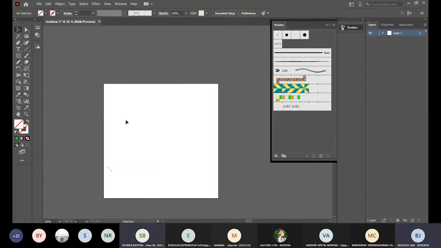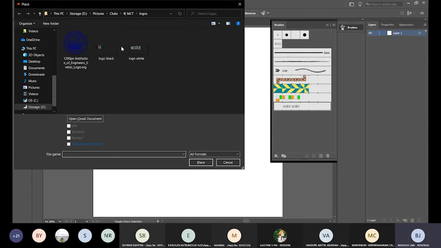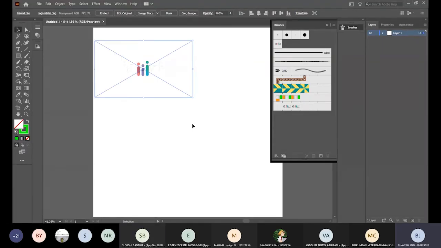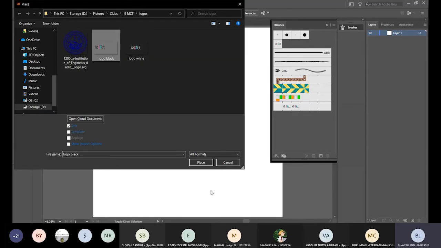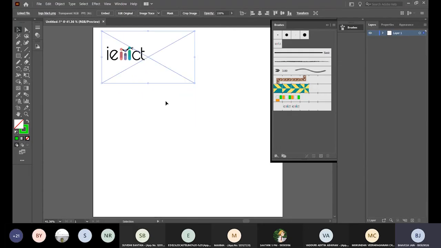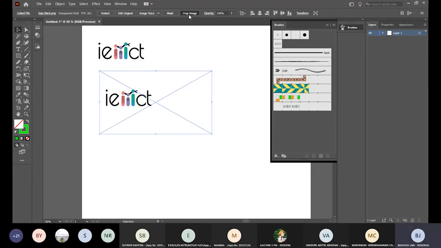So one last thing, like if we have that IECMT logo and we just want the M out of it, can we just select that portion out of it and then make it into a brush, or like the whole picture goes together? We can do that as well. So I will re-import the image to show it to you guys. Oh, I imported the wrong logo. I'm so sorry. White. You guys won't be able to see the white logo. Okay. So you want only a section of this image. And assuming you want to keep the image also in the document, I just make a copy of it and I crop the image.